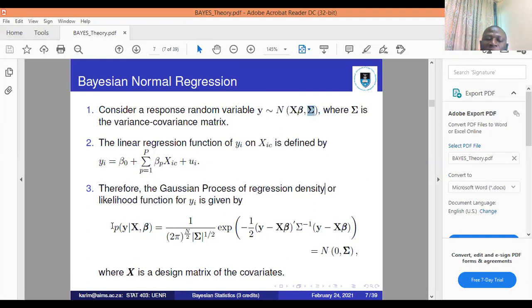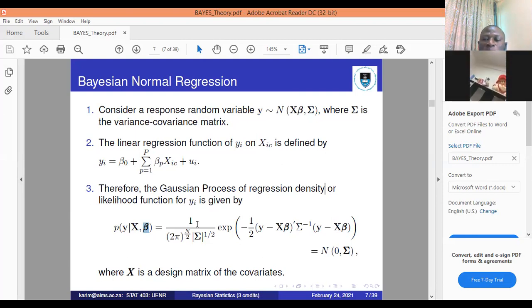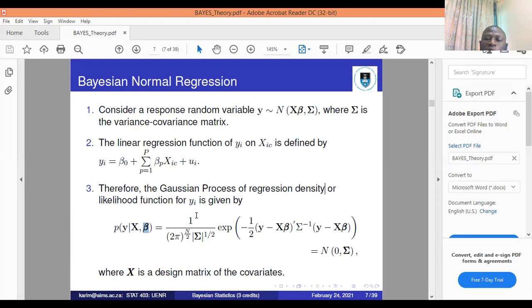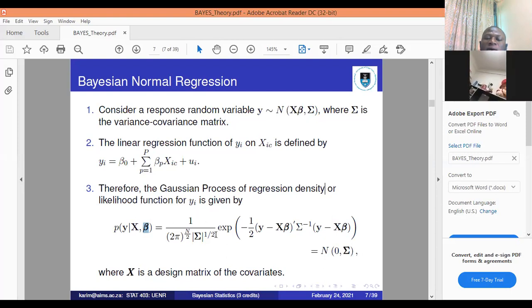So we are going to have the probability of the data given the covariate and the parameter, because the data is going to be described by the covariate, which is x, and also the parameter estimates. And what is the distribution of y? Y has a normal distribution. So we are going to have 1 over 2 pi,